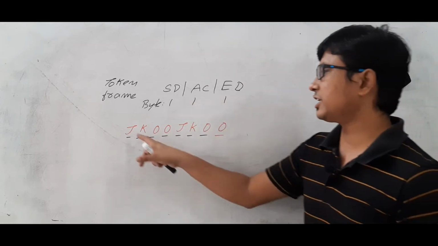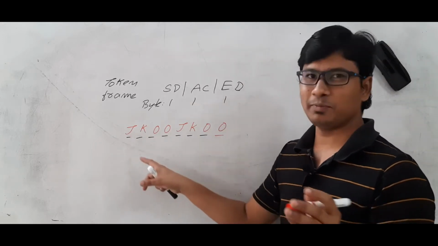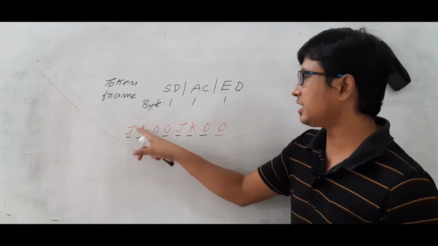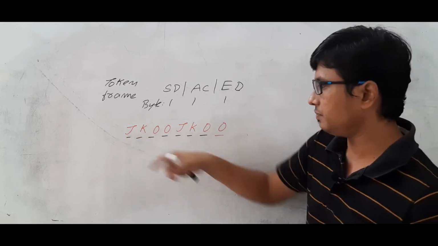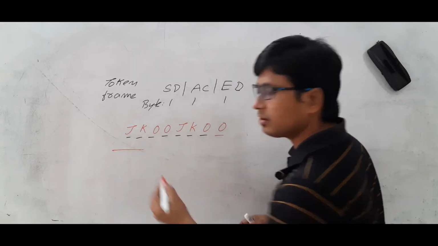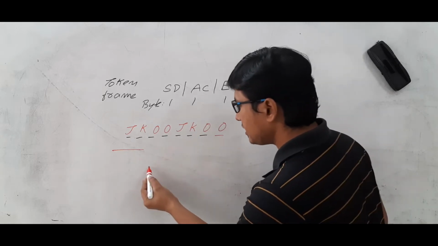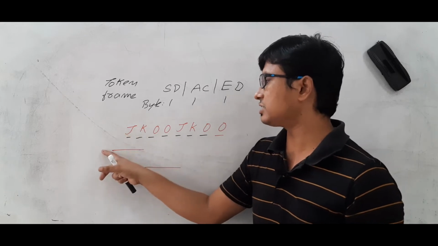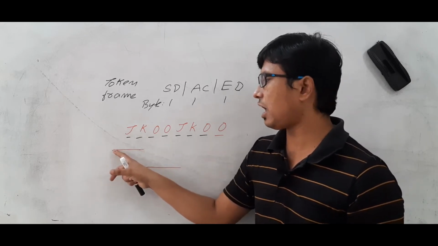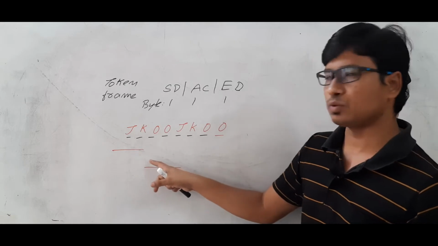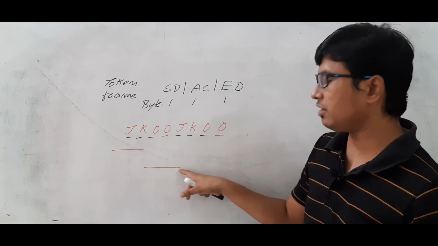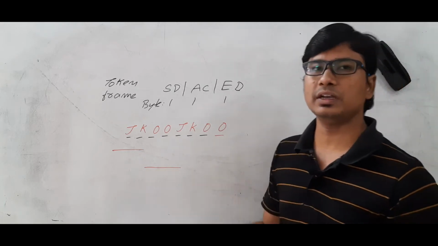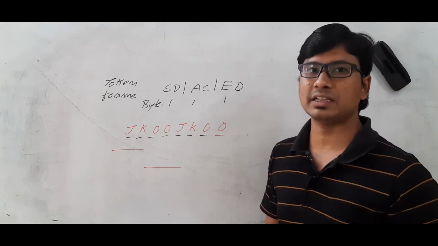It's not JK meaning Jagdish Kakarla. Maybe a lot of people will think that JK means Jagdish Kakarla, not my name. J will have a continuous 1 voltage or high voltage. K is having the low voltage. So J will be represented as high voltage, and K will be represented as low voltage, because the token ring uses differential Manchester encoding.